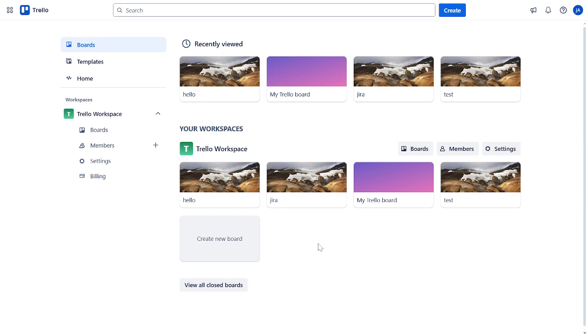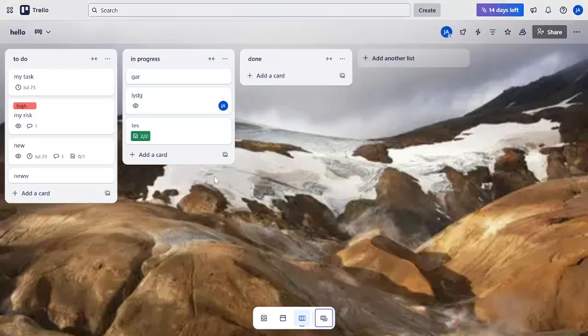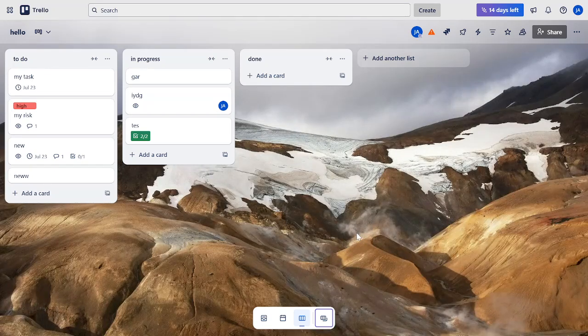To kick things off, you'll want to start by opening up Trello and navigate to the board you want to back up. This is important because Trello's export feature works on a per-board basis, meaning you cannot export cards from multiple boards at once. Next up, click on the Show menu button on the right side of your screen, then